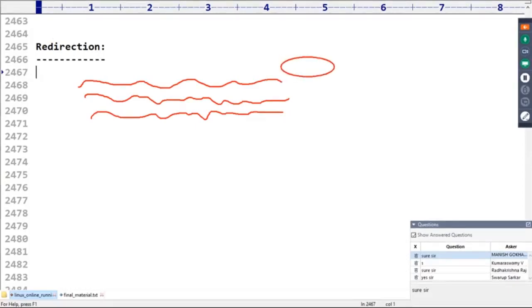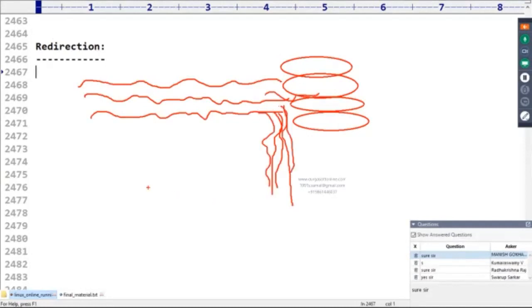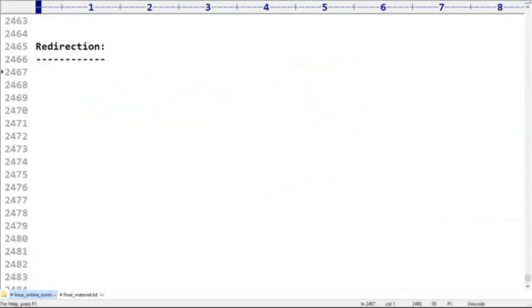Then automatically the water will be redirected somewhere else. Is it possible or not? Actually, it has to flow like this, but it is redirected somewhere else. I hope everyone can understand the basic idea: you can perform redirection in a water flow just by keeping some obstacle in the flow.